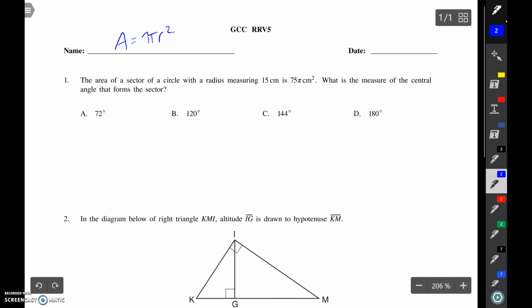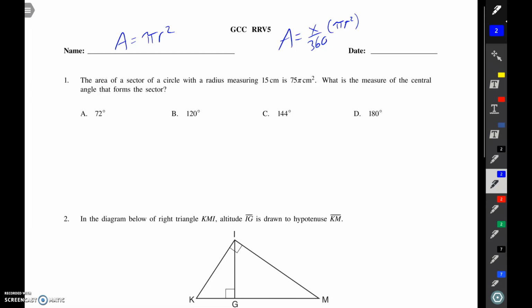So we have to modify it a little bit to be area equals x over 360 times pi r squared. And really what that does is the x over 360 is saying what portion or what piece of the circle, like how much out of the 360 do we want the area of. So, if we're doing half the circle, meaning half the area, or a quarter of the circle, that kind of thing. So we need to know how much of the 360, how much of the circle, and it's that portion